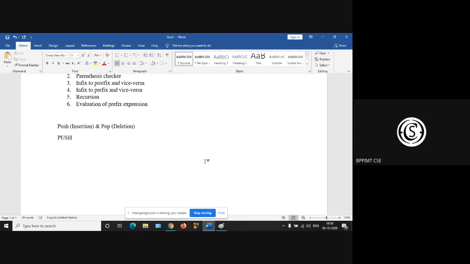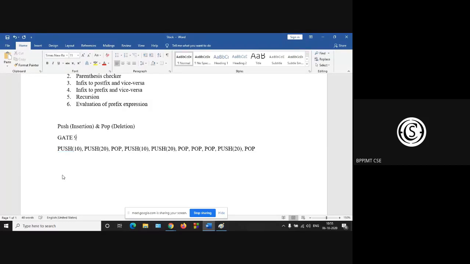Let the sequence be: push 10, push 20, pop, push 10, push 20, pop, pop, pop, push 20, and finally pop.